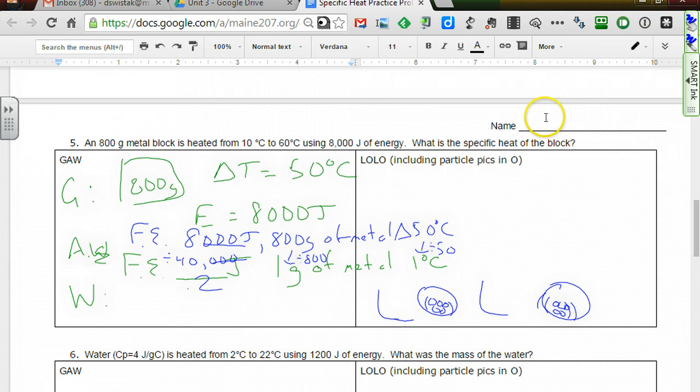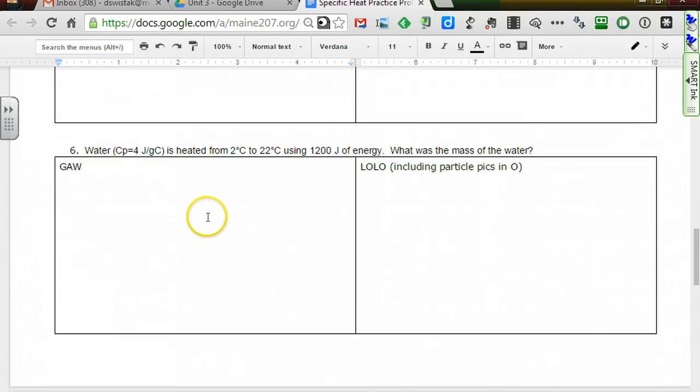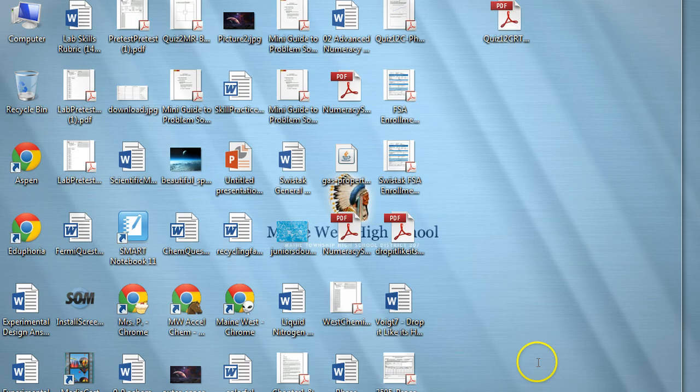Okay, number 6 says water is heated from 2 degrees Celsius to 22 degrees Celsius. What is the mass of that water? Okay, so let's take a look at this one. Now, this time,